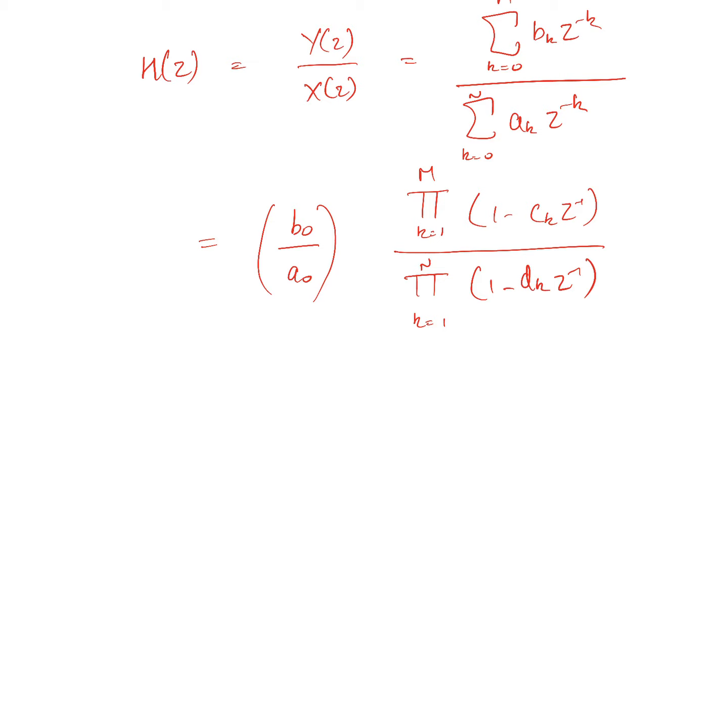Once we have computed this H(z), given any input signal x[n] with its z transform X(z), you can compute Y(z) as equal to the multiplication of H(z) and X(z). The only assumption we had seen while writing this equation is that the system should be a linear time invariant system. But there are other important properties such as stability and causality, which we have not yet discussed so far.